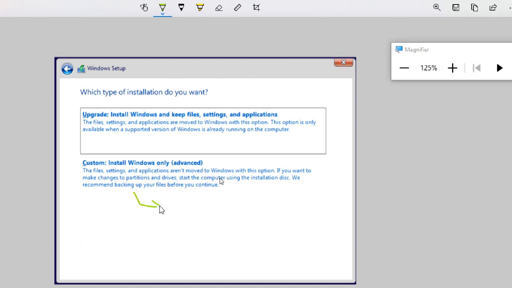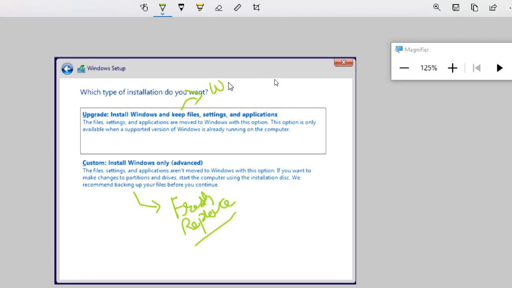This option we choose for a fresh installation, meaning your system doesn't have any operating system. For a fresh installation we choose Custom. Second, for replacing the operating system, meaning you want to remove the existing operating system and install a new fresh operating system, we also choose Custom. When is it an upgrade?